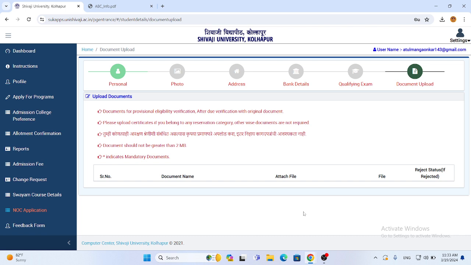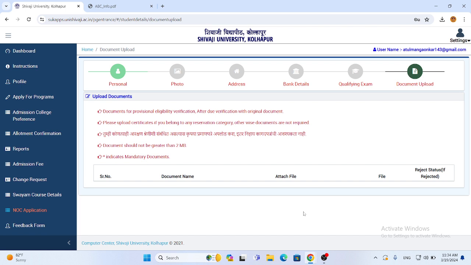If you have given the qualifying exam as a graduation, you have to upload all years' mark sheets. In case some students are appearing in the last year, you may upload your hall ticket or your prior mark sheet just for the sake of registering for the entrance examination. Remember, after clearing the entrance examination, while taking admission you have to fill in another admission form again, and at that time you must produce all documents in original along with uploading them on the portal.